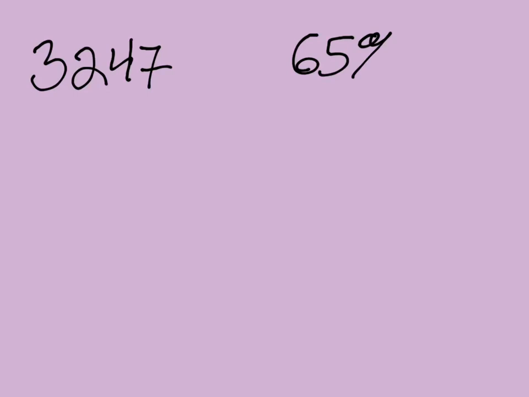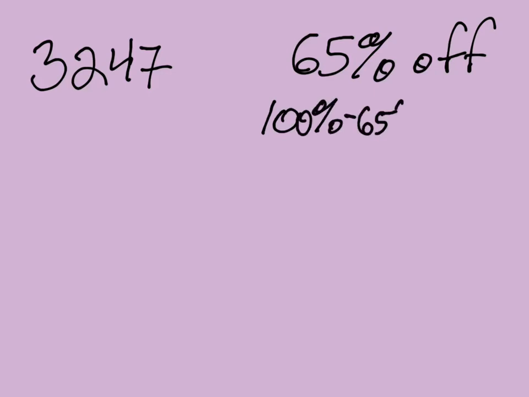So let's look at another example. Let's say you have an item that is, let's say, $3,247, and you got a great bargain. You got it on Black Friday for 65% off. I don't know what item you're buying that costs $3,247. Doesn't matter. 65% off means 100% minus 65% means you are paying 35%, which is an incredible deal if it's